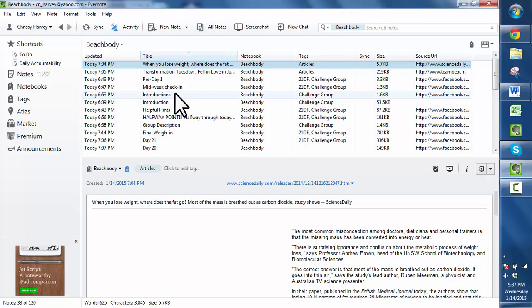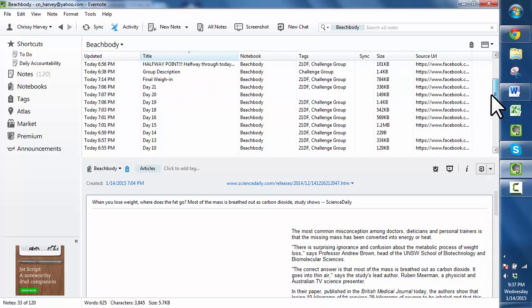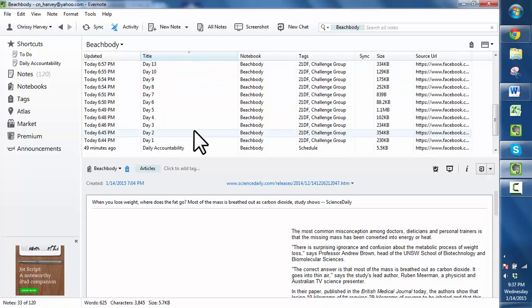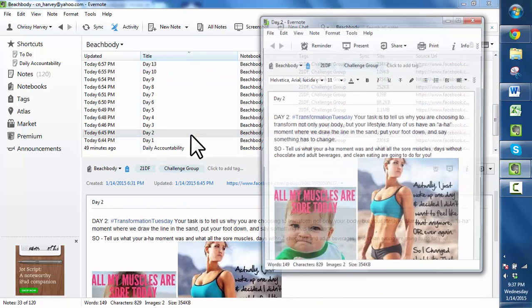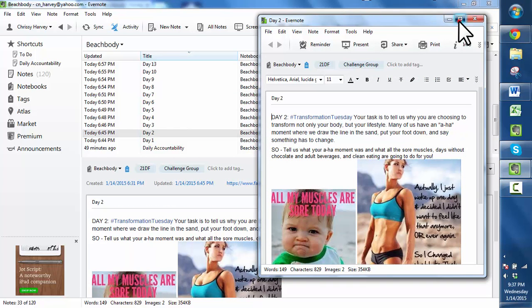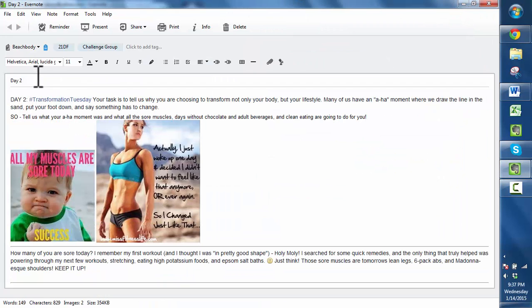Let's go ahead and take a look at a particular note that I have on here. And I'm going to go ahead and choose one I know that has a lot of information on it. We're going to pick day 2 here. What I'm going to do is double click on that and open up this note in a separate pane. When I get the note, I automatically create the title. So this is the first thing that I do, is create the title, and I call this day 2 because,